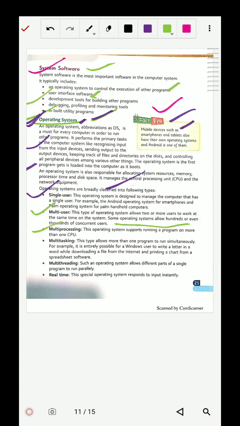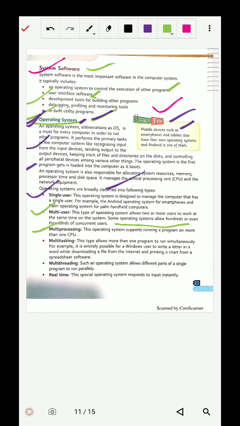Next is multiprocessing. This operating system supports running a program on more than one CPU. What does it mean? It allows a program to run on more than one CPU.